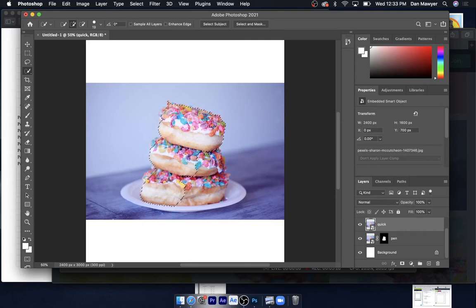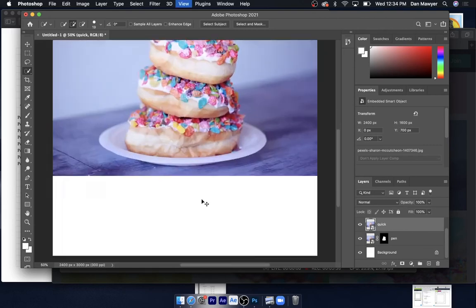And you can really zoom in, and you can get really precise. And this is the future, is the automated AI. It's using AI to find the edge of your selection. So it's not perfect. Now, if there's something that's not supposed to be in your selection, let's say this plate, zoom into it, hold